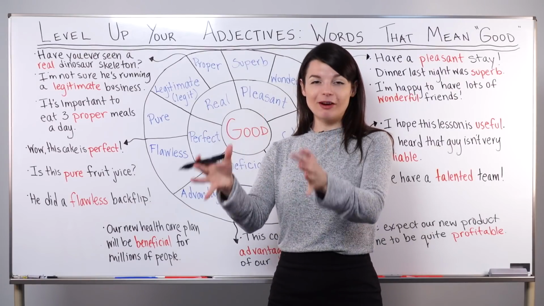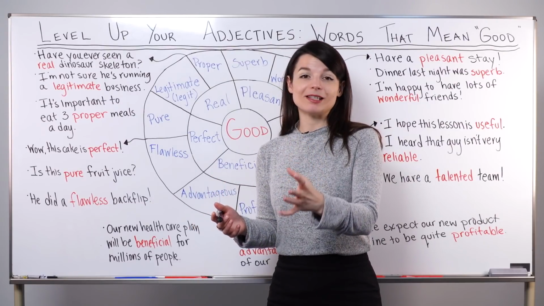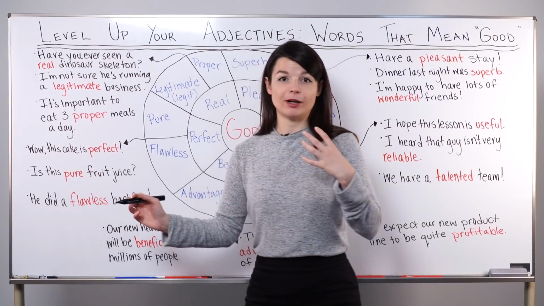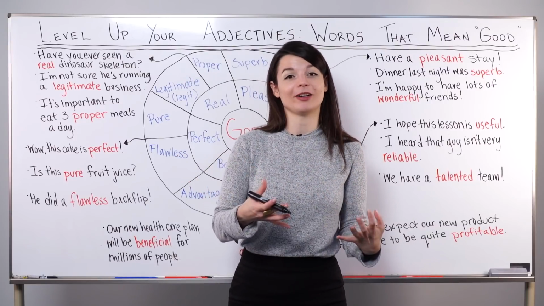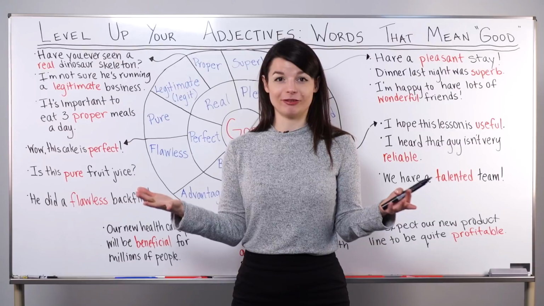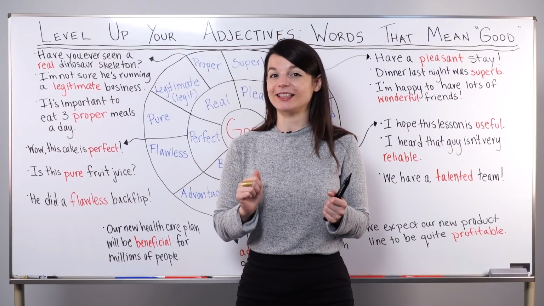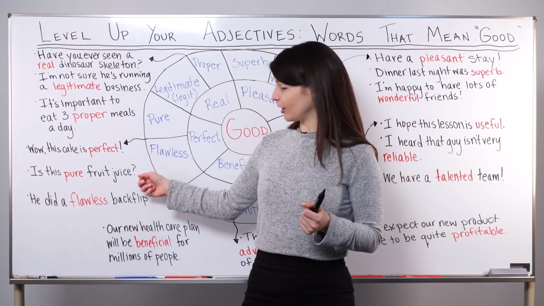This cake is perfect can have a few different meanings, but you can be specific about what you want to say by maybe changing this part here. Wow, this cake tastes perfect, or this cake is perfect for the party. But more generally, you could just say, this cake is perfect. So perfect just shows you feel like it's just right. It's exactly as needed.